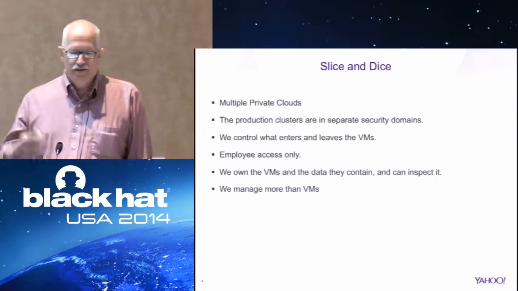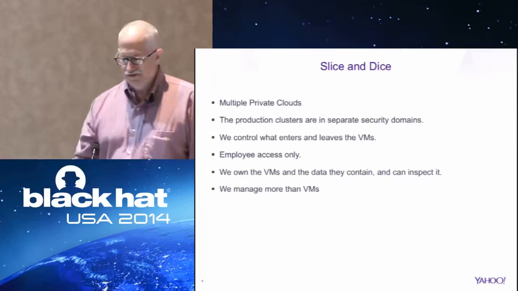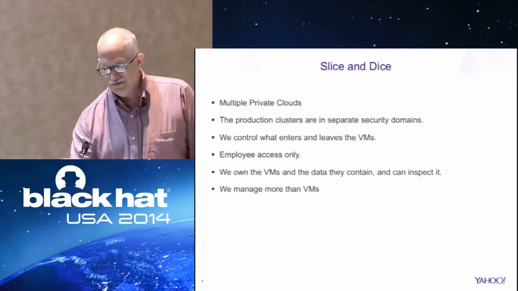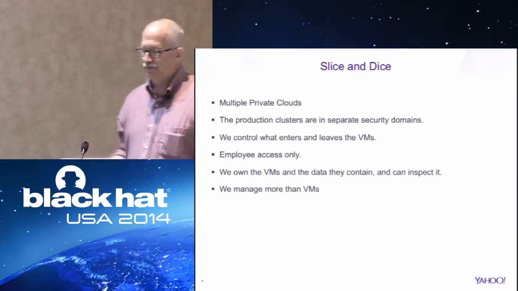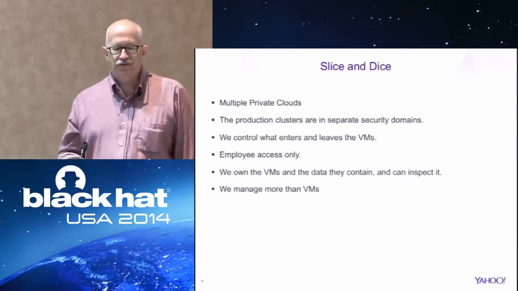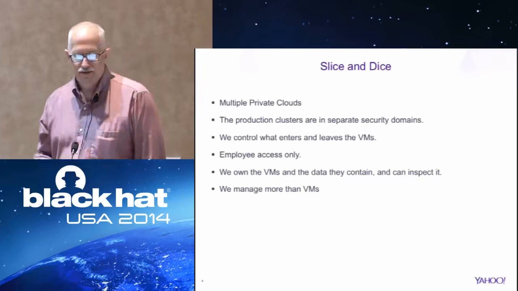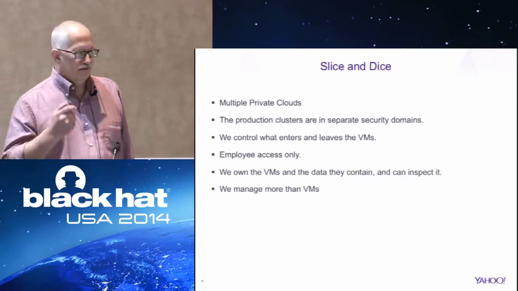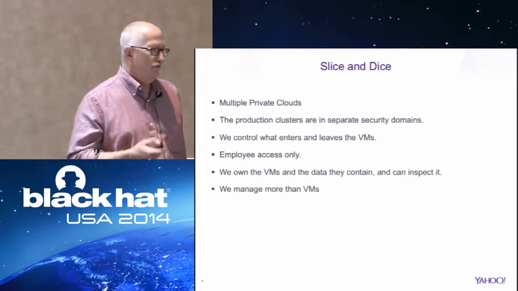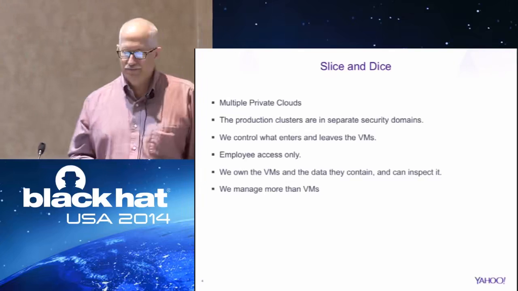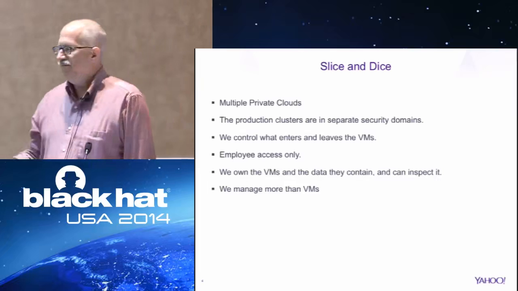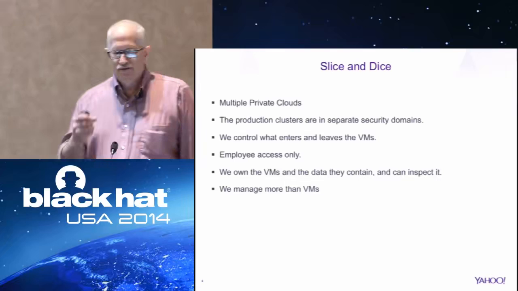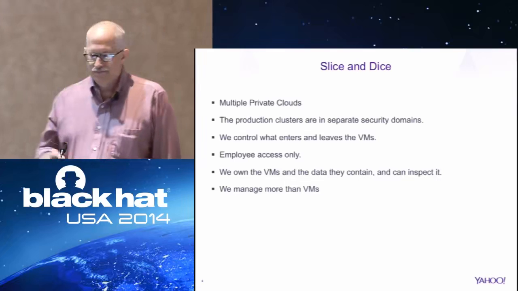We don't use IP tables because it doesn't really scale very well. We use VLANs and we enforce ACLs between VLANs. And we mirror that separation in our OpenStack clusters by deploying separate clouds or clusters in separate security domains. Yahoo also controls who gets access to these VMs. Employees get security training, they're held accountable for their actions, and this is different than public clouds.